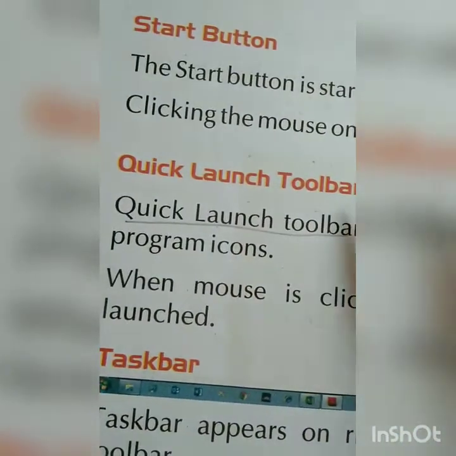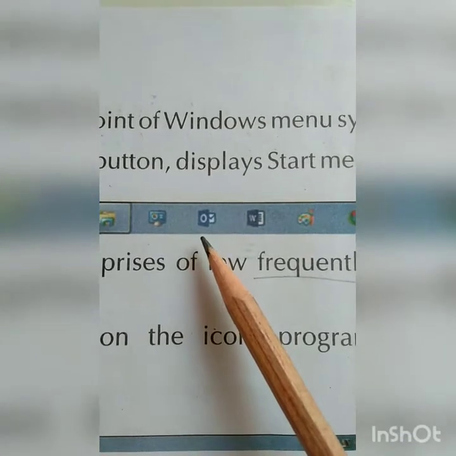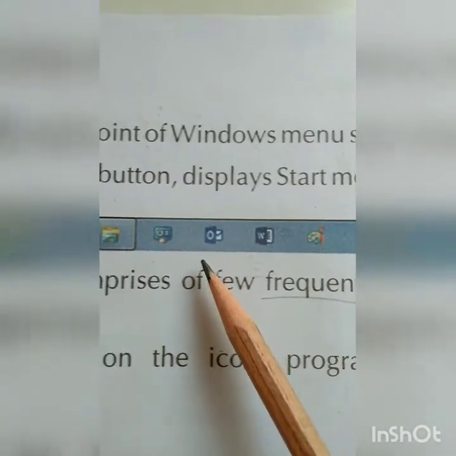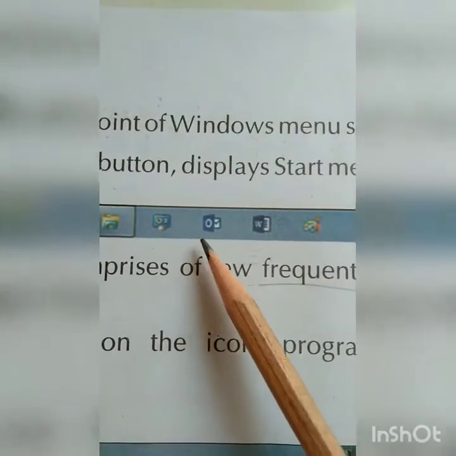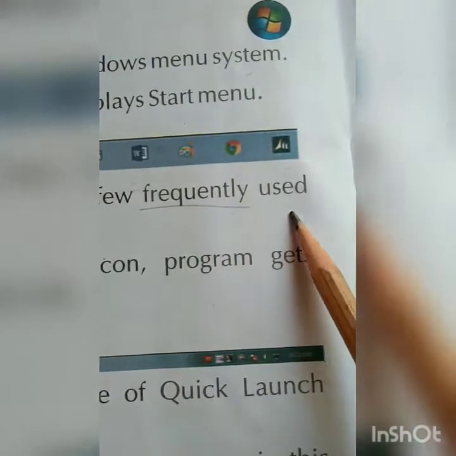So now, the quick launch toolbar. What is the quick launch toolbar? Here it is given, see, a short form of the program which is running on your screen, and you can see that short form in the form of pictures also, okay. The quick launch toolbar comprises a few frequently used program icons.